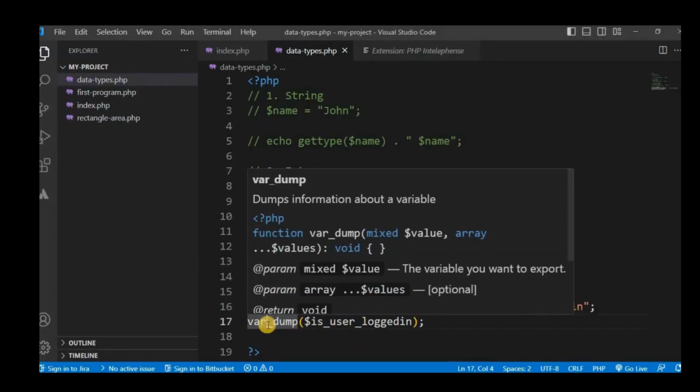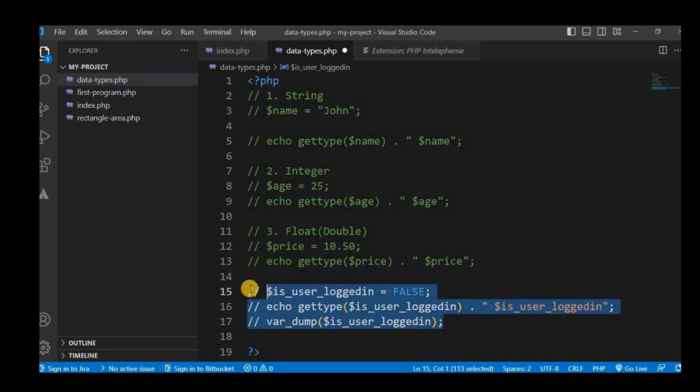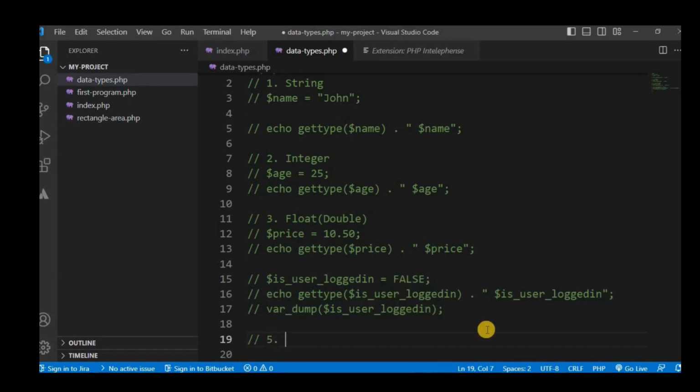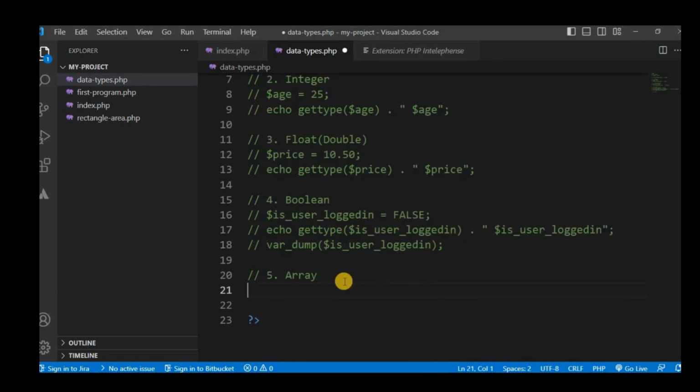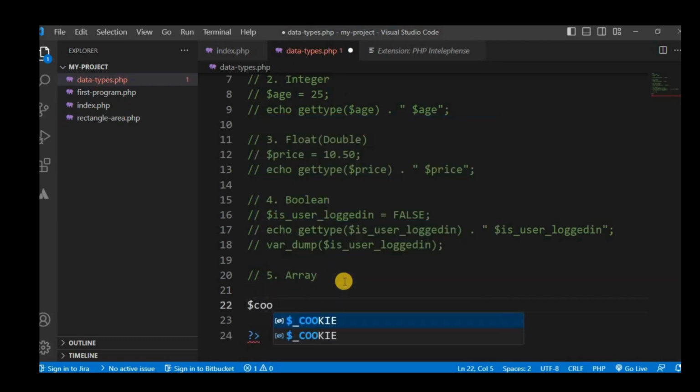So this var_dump function is used to display detailed information about variables, including its data type and the value. Next data type is array. So fifth is array. In array data type we can store multiple values. Suppose I will declare colors as one variable, and I can add multiple values like color names